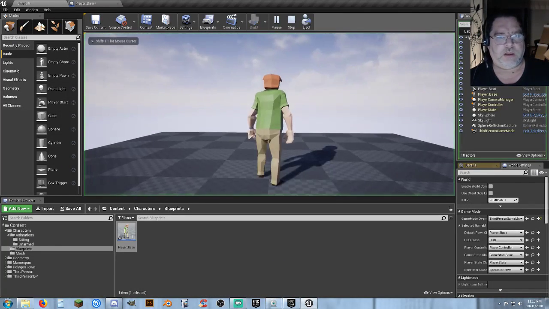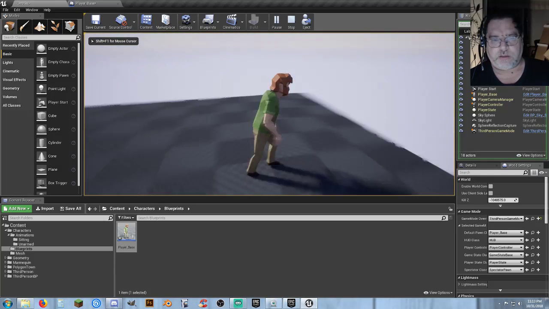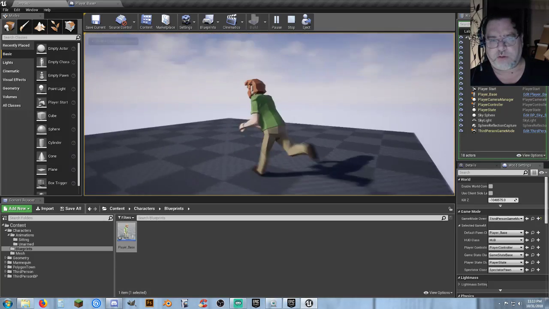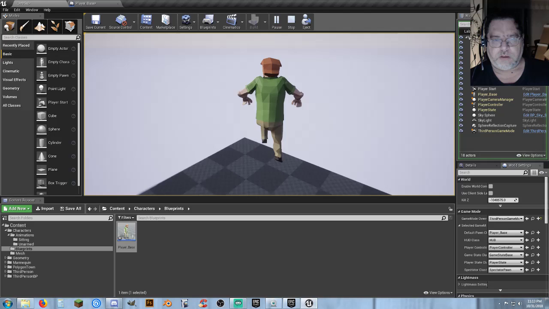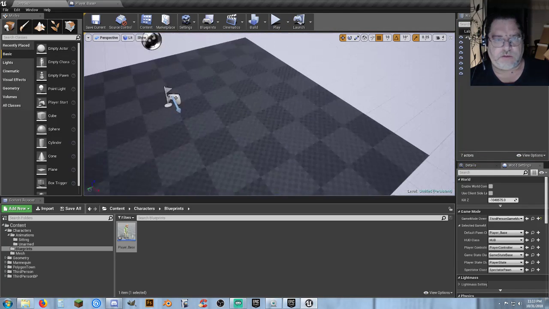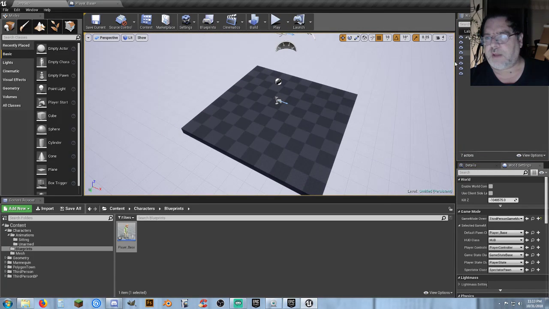So now whenever I hit play, I don't have a mouse cursor. I can just go right in, test what I got to test, and then I know that it works. Yay. And since I don't like the way that maps are starting off, the next thing I'm going to do,